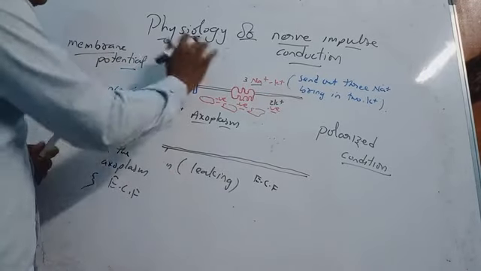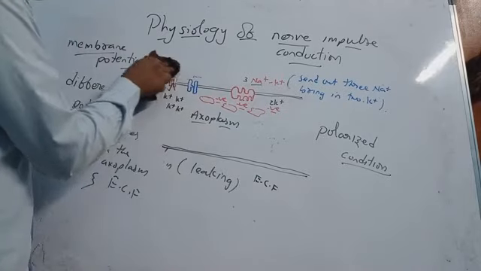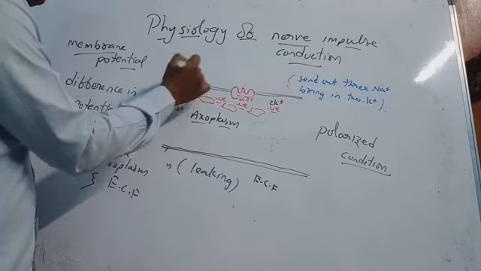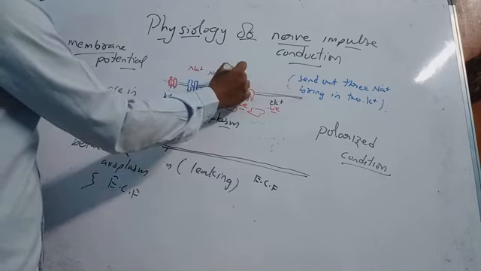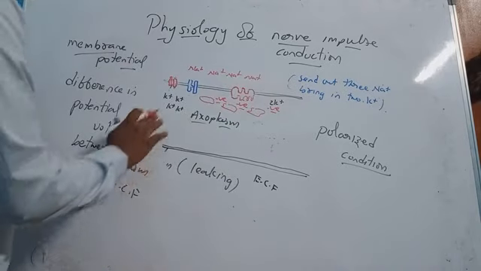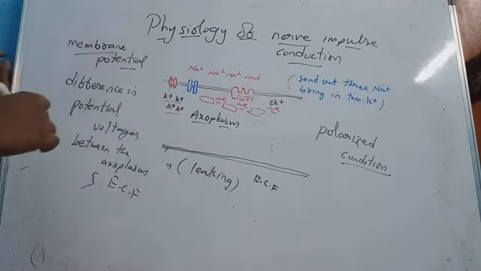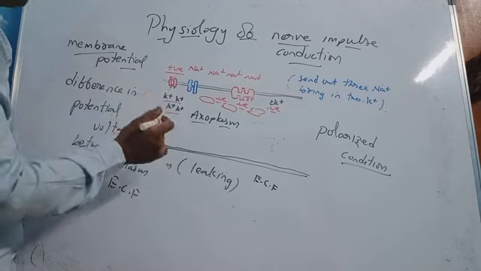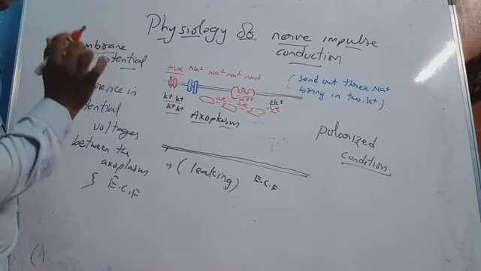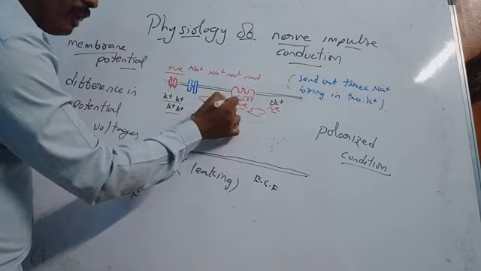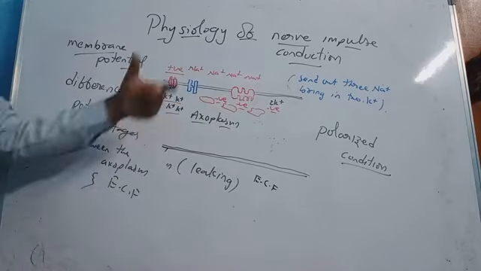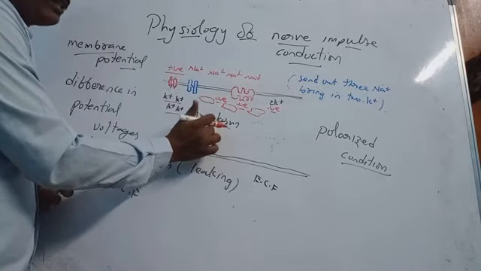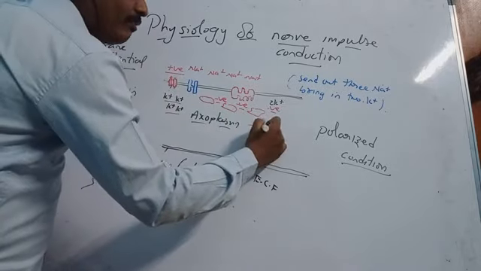2 potassium ions. That means what? In the ECF we will have a lot of sodium ions, and in the axoplasm we have a lot of potassium ions. But the point is, the potential difference will be positive in the ECF. Why? Because here we have negative charge proteins. It is not because of the more sodium ions on that side, but because of the more negative proteins present on this side, the axoplasm, which is negatively charged.